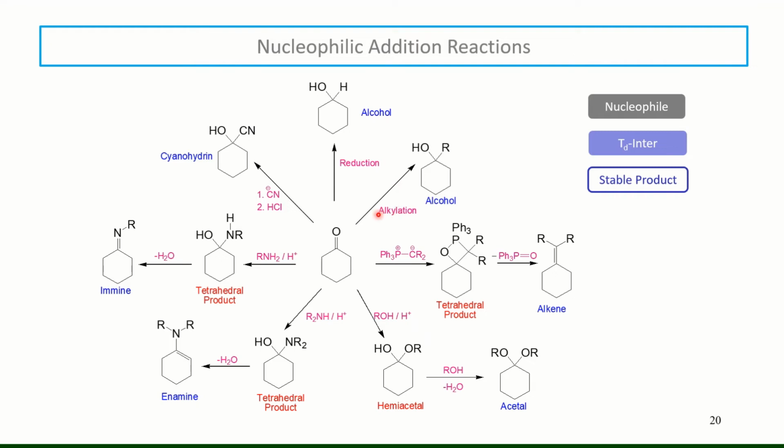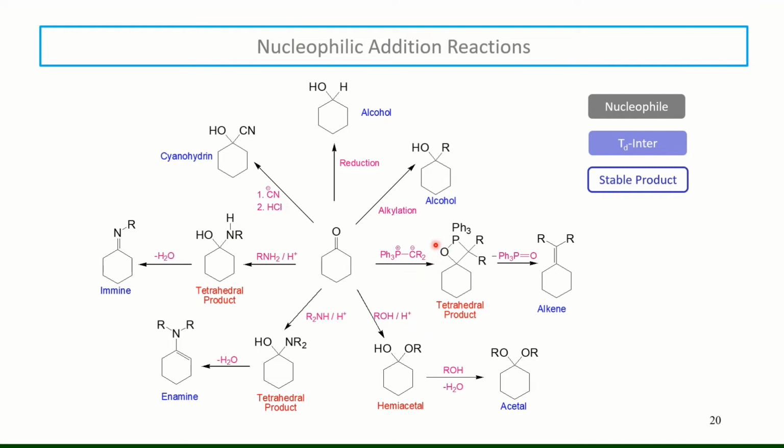But with weaker nucleophiles, something interesting happens, because say for example I get to this amine here, and of course I get to this pseudo alcohol species called a carbinolamine, and yeah, it's not very stable, so dehydration takes place. Here for example we have this hemiacetal, which is fairly stable, but again, under certain conditions we will get to this acetal, and right now we're going to tackle the